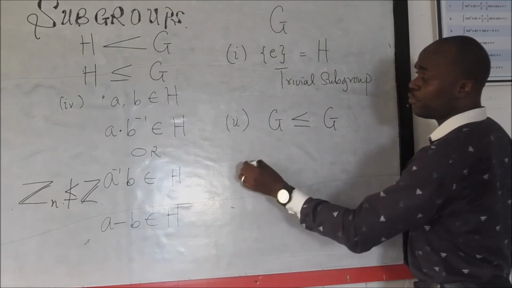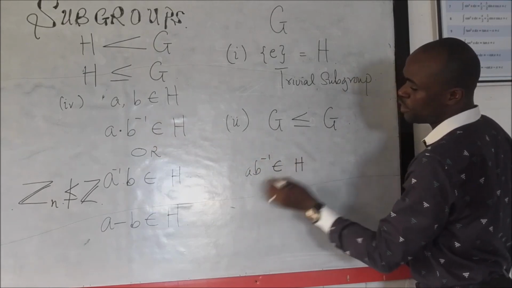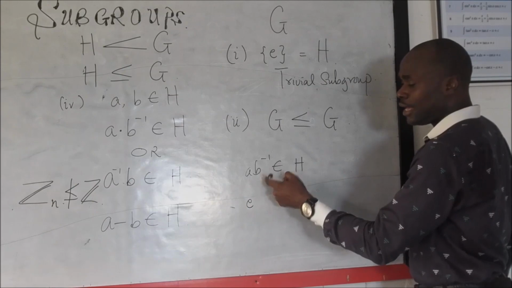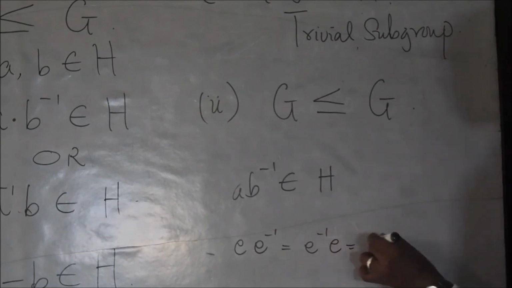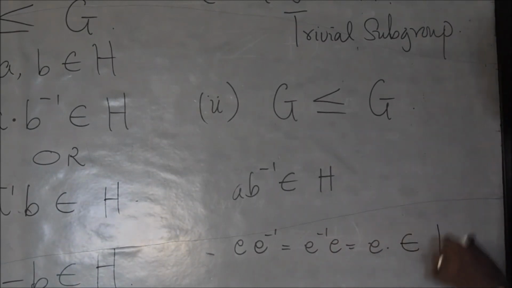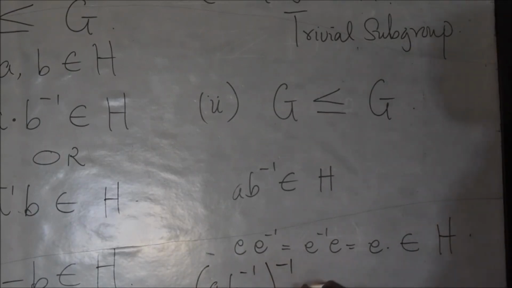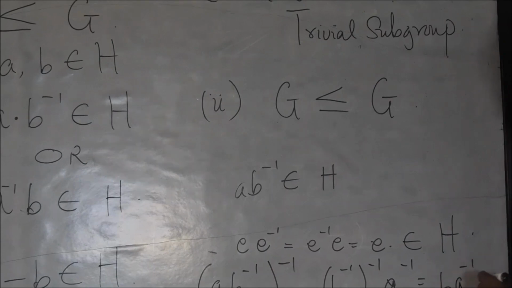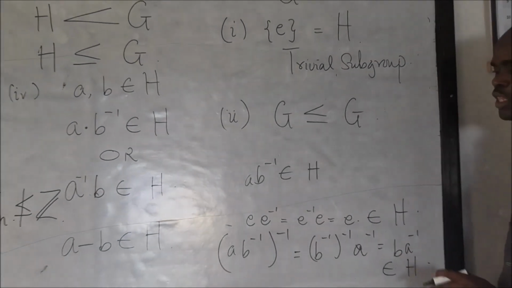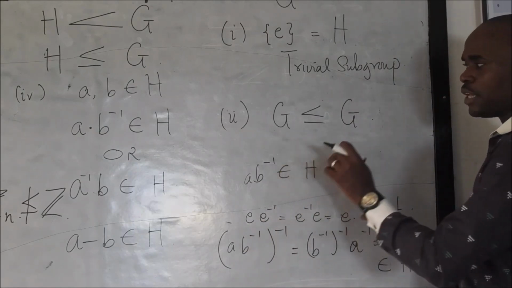Because if you look at the subgroup, we already said that A B inverse is in H. So if this was to be the identity, and this is supposed to be the inverse of the identity, you see this all at the end of the day still gives us E, which is in H. Very interesting. And you see that (AB) inverse is the same as B inverse inverse, A inverse, which is B A inverse, which we know is also in H. So you see all the properties are satisfied, making this a subgroup.